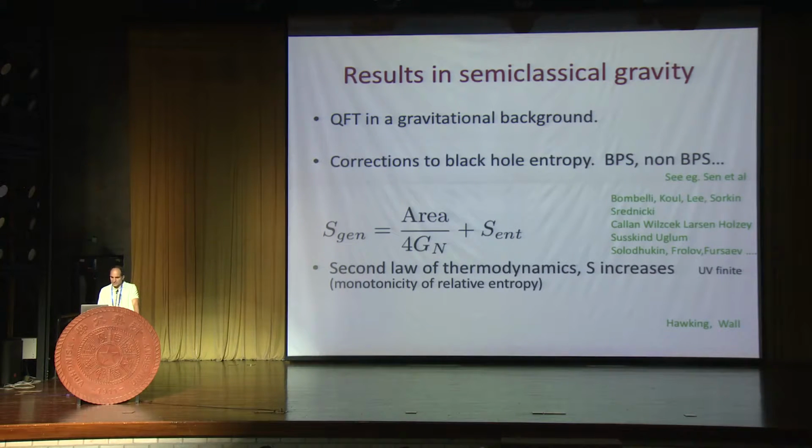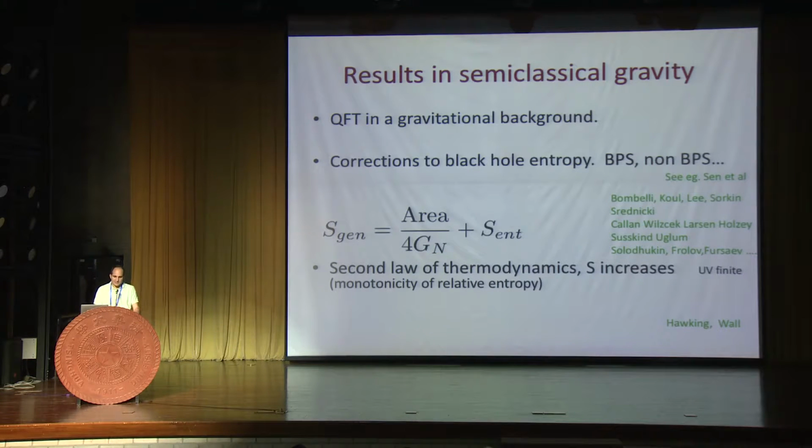Now one can prove the second law of thermodynamics using this formula and using the monotonicity of relative entropy. Of course, if we only looked at the area, that was done a long time ago by Hawking, but Aron Wall understood how to prove it in the cases when you include the whole entropy, and that's important for